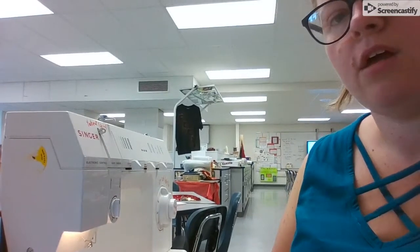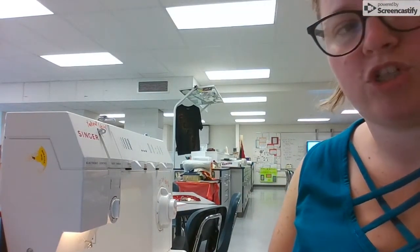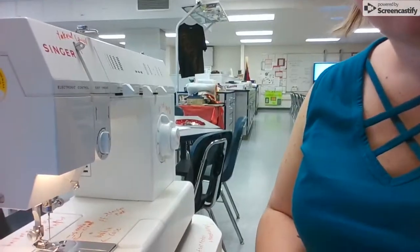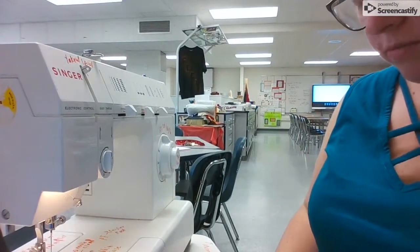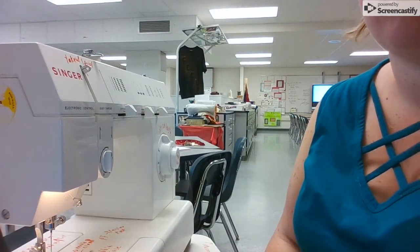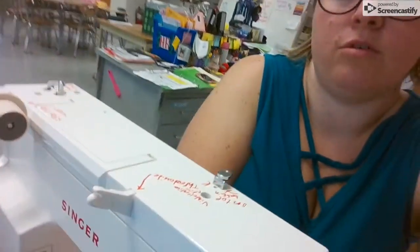I am going to explain to you the parts and function of the sewing machine today so that you can fill in your packet and have a thorough understanding of the parts of the machine. I'm going to show you the parts of the machine as you would be using them to thread the machine. I'm going to do a secondary video about threading the machine. Okay, so we're going to start with the spool pin and cap, which is located